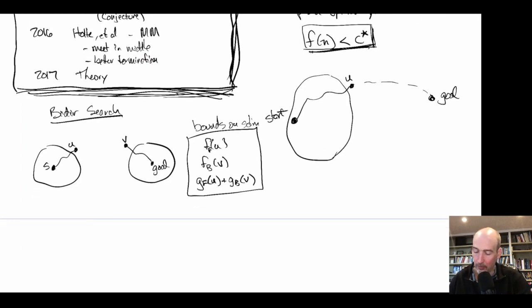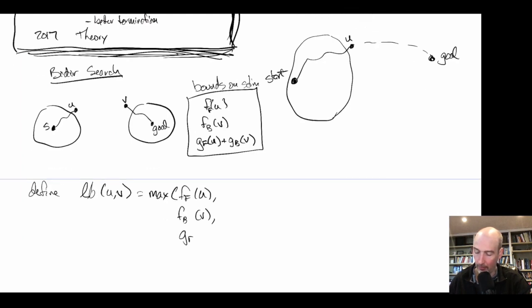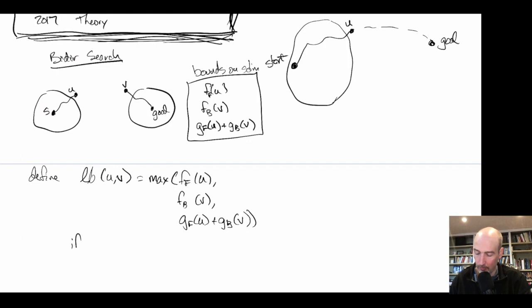And what am I going to get? So what we're going to do is we're going to define LB, just LB, of a pair of states. And this is going to be equal to the maximum of F forward of U, of F backwards of V, and of G forward of U plus G backwards of V. Okay. So that's our lower bound calculation. And what we can say is if the lower bound of UV is less than C star, we must